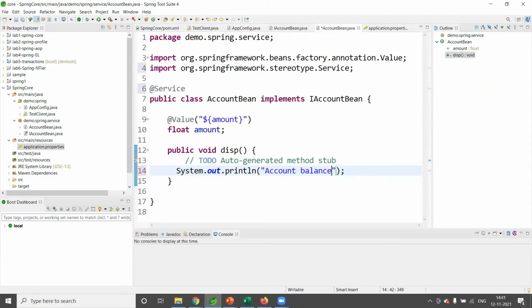So let me put amount. This is what we are displaying. Once you define this bean with the display method, this can be called from our main application.